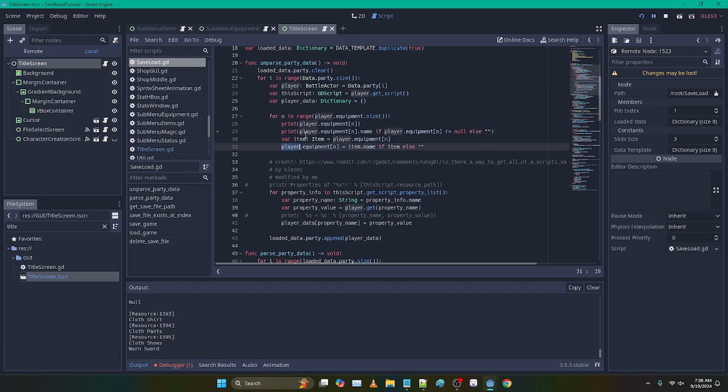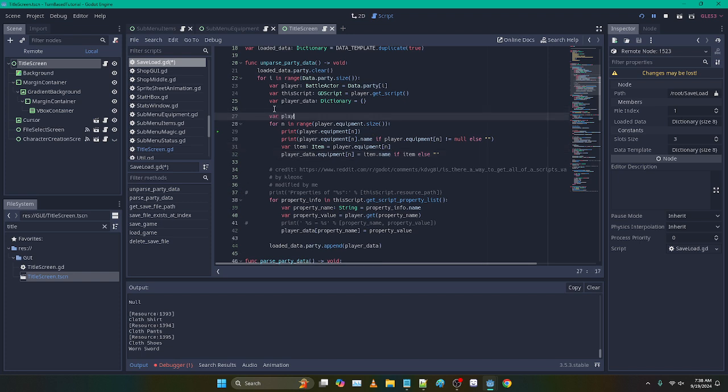This needs to go to player data. And so we're going to do var player equipment equals,